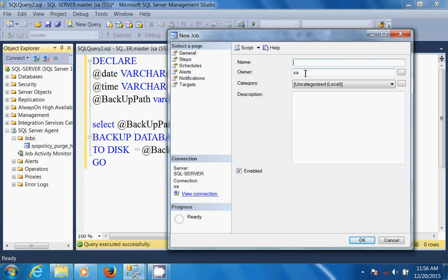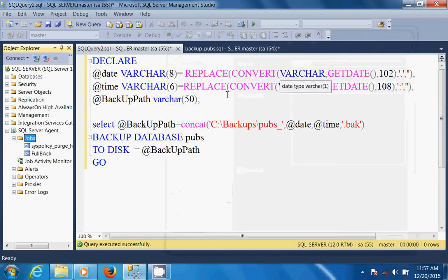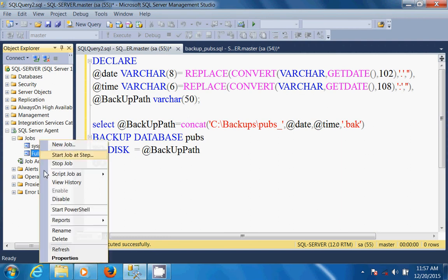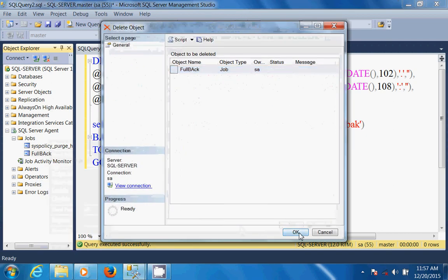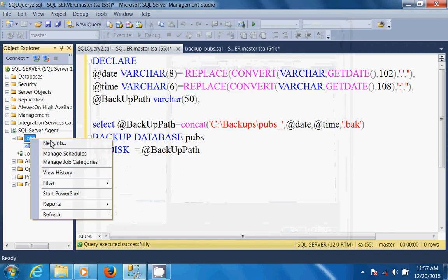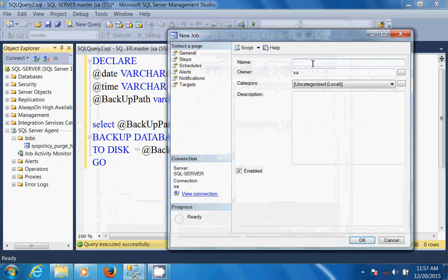What is that? Full backup of what? I'm just deleting this one and creating a new job. What is that new job?